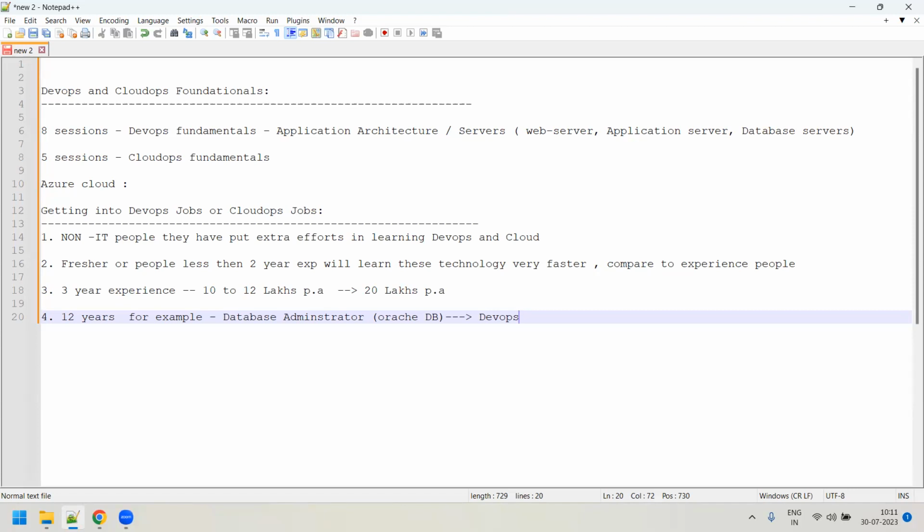So as your experience grows, you will not be able to fetch that kind of big package, because the company you're working for will not pay you that much. That's the reason this has made many people jump, even developers. For example, I'll tell you one more example. I know one guy who was,